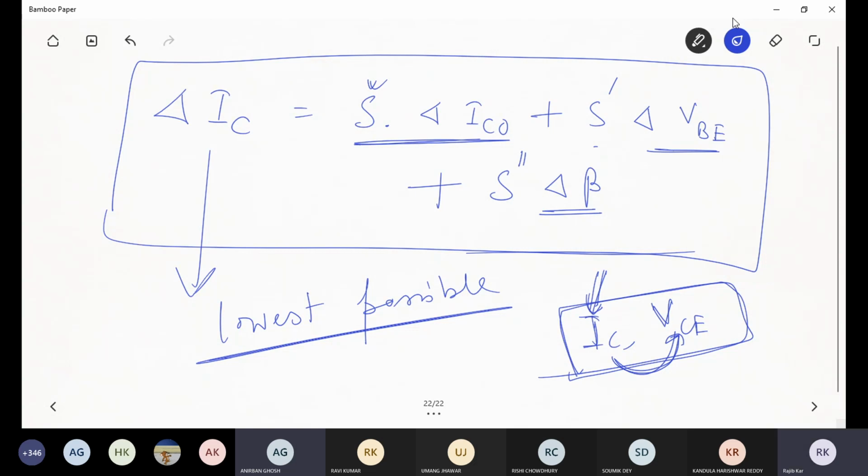Yes. Sir, S dash should be multiplied with delta IB now. That's what I have told. Delta IB and VBE, even though one is current, one is voltage, right? You can write delta IB, but delta IB will be generated. Delta IB cannot be controlled. What you can control, or what you can see in the circuit, is VBE, right? You ensure that VBE is going to be fixed. The moment VBE is fixed,